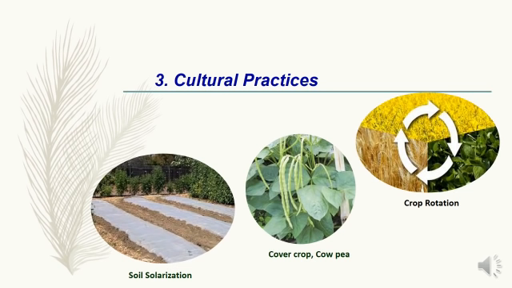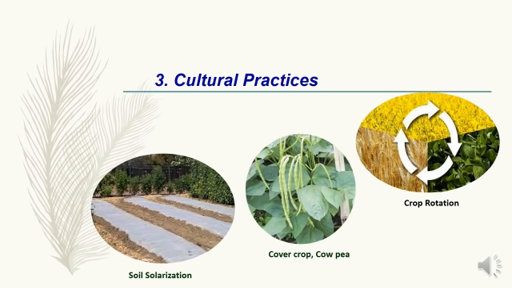Trap cropping. We can also use trap cropping to control nematodes. Two crops are grown in the field, out of which one crop is highly susceptible to the nematode. The nematode attacks the susceptible crop. By careful planning, the susceptible crop can be grown first and then removed and burnt. Thus, the main crop escapes from nematode damage. We can say cowpea is a highly susceptible crop to nematodes and can be grown first and then removed and burnt. Cowpea is highly susceptible to root knot nematode.